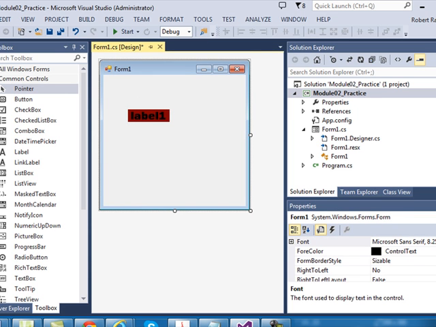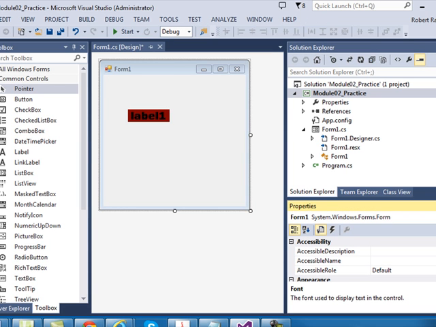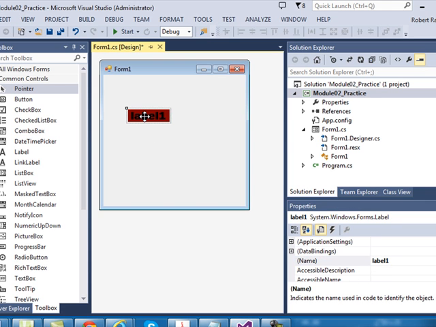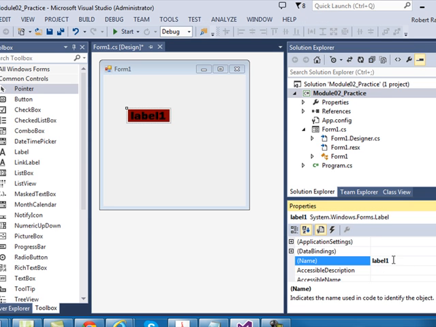Now, one of the things that I want to do on these, well, first let's arrange these alphabetically. All of this list of properties that you can change with your control. And at the very top, what I can do is change the name of this control. Right now it's called, oops, I want to make sure I've got this selected right. Okay, I'm back to the label. I was on the form for a while. Okay, so on the label, I can change the name of this to something more descriptive, and I'll call it